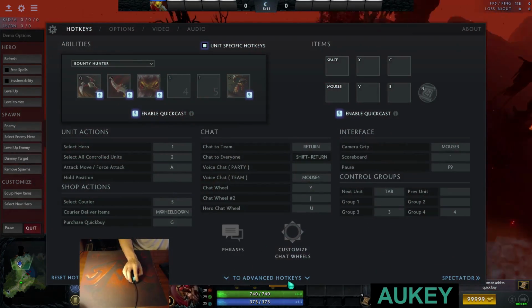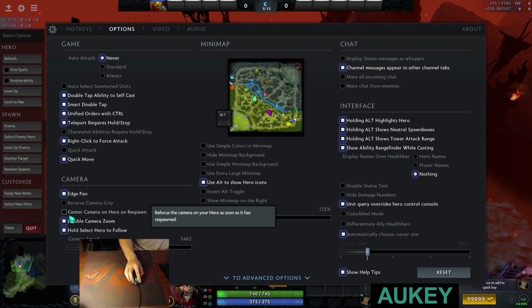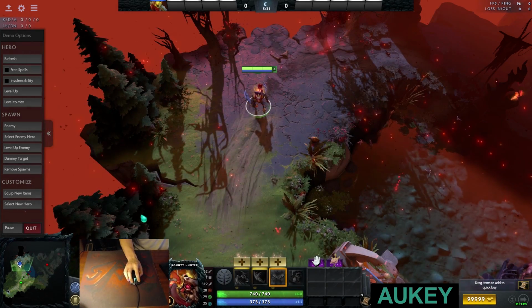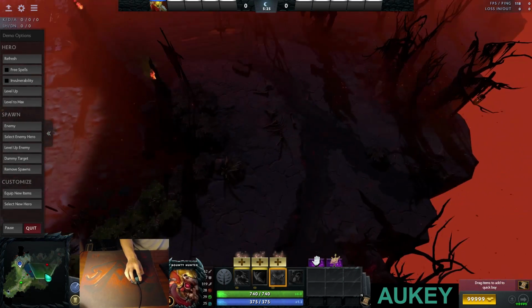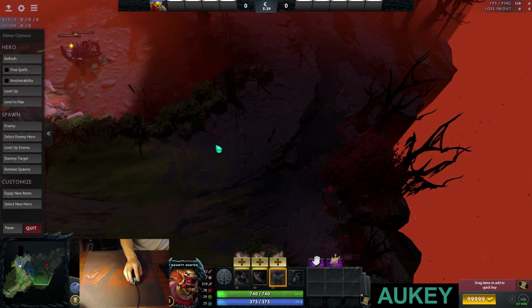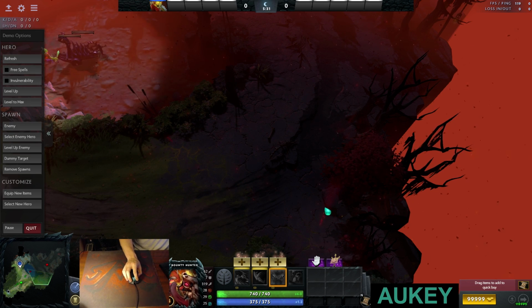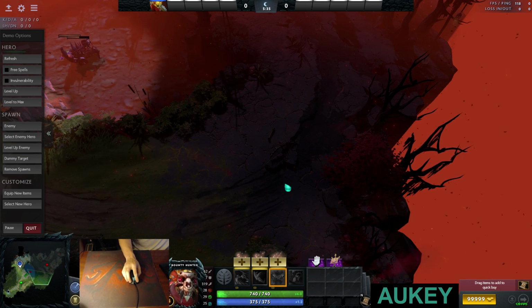Okay, so let's go back into these settings then. You can experiment with these if you want. I really recommend turning off center camera on hero respawn, because what this will do is, if your camera is somewhere else, let's say you're dead and you're looking around the map to see what's going on, maybe you have your camera on the tower that you want to TP to and you need to TP there immediately because there's a fight,